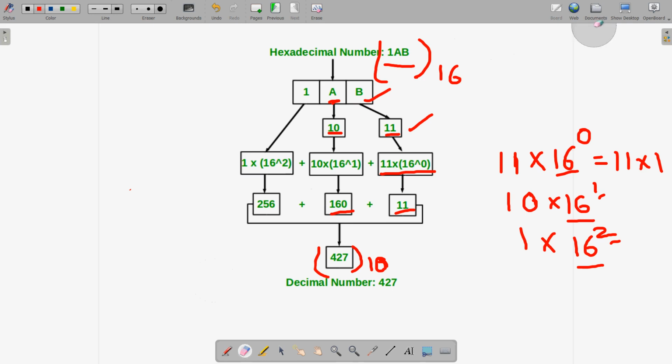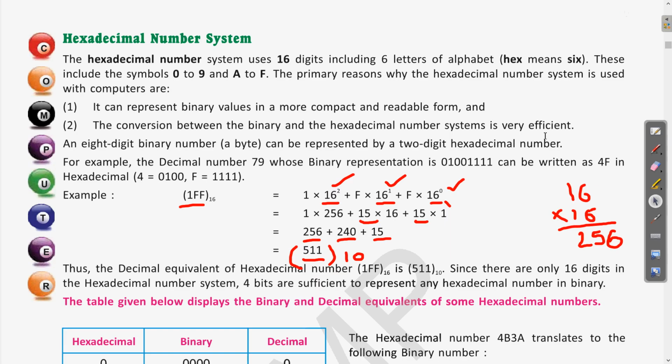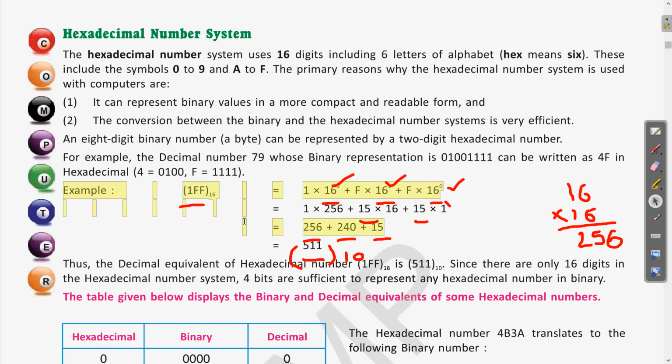Okay, so let us come to the textbook. So this way we have seen an example of the hexadecimal number system also. Wherever you have confusion, it is very easy. You have the convenience also, you can pause the video and watch it again. Clear? It will clear your confusion. The only thing we are doing is multiplying with the increasing power of the base. So here the base is 16, so that is why we are multiplying with the increasing power of 16.